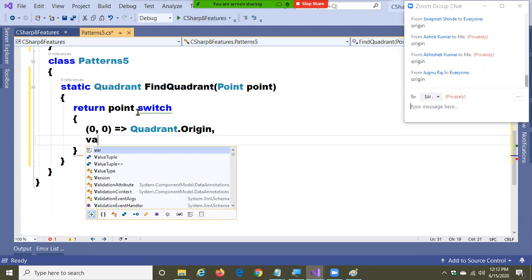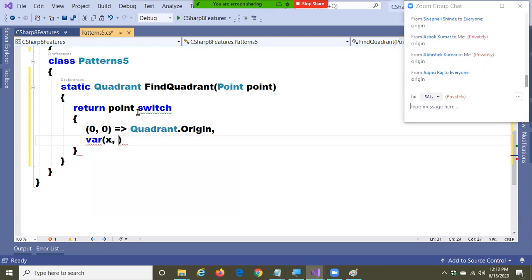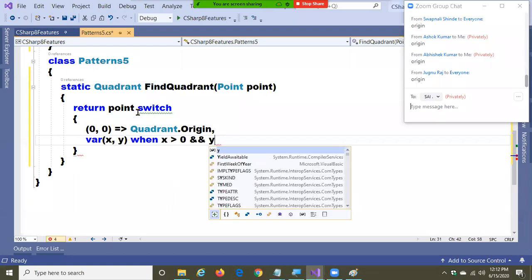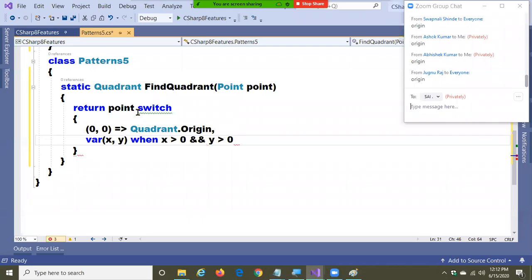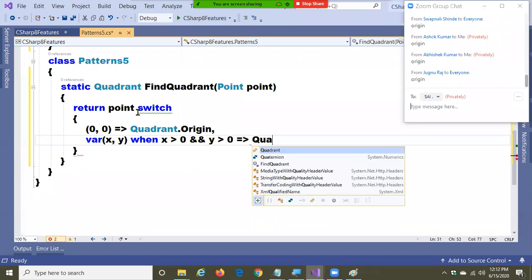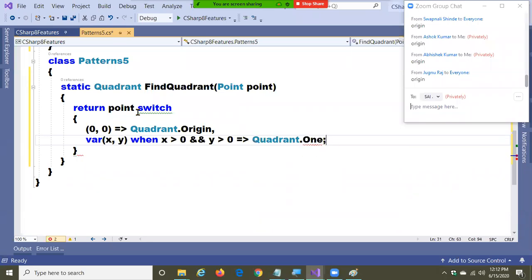Next, I'm saying where x comma y, when x is greater than 0 and y is greater than 0, this is going to be quadrant dot 1.